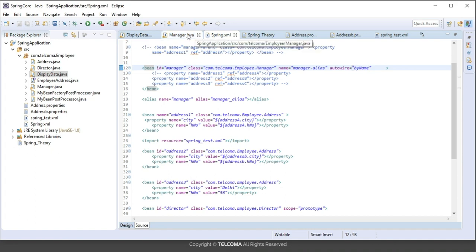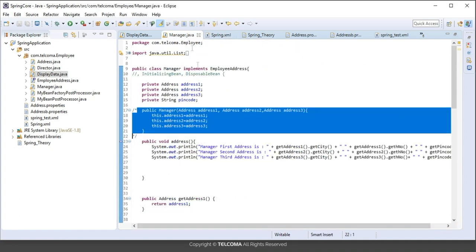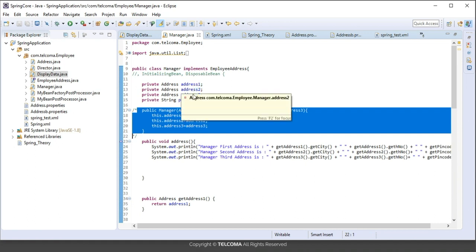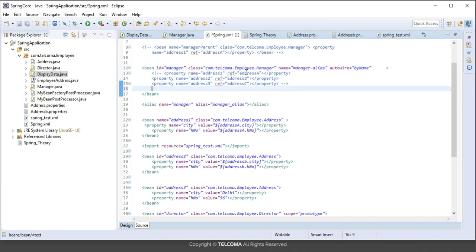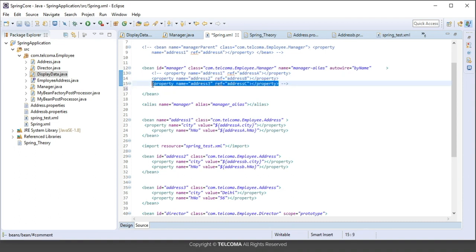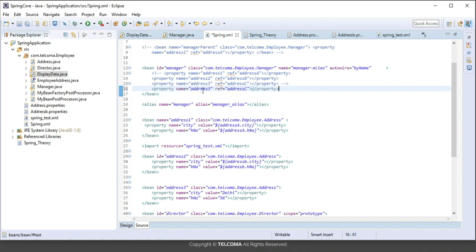Okay, now these 3 fields are auto wired because it is looking for the bean name with address 1, address 2 and address 3, but it will try to look for the bean name with pin code. I haven't done it, so what I can do is I can just simply use the property element. So this is the mixing of auto wiring and explicit wiring. That is, some member variables I'm setting using auto wiring and some using